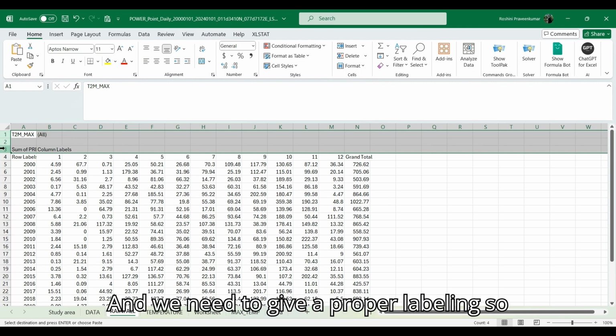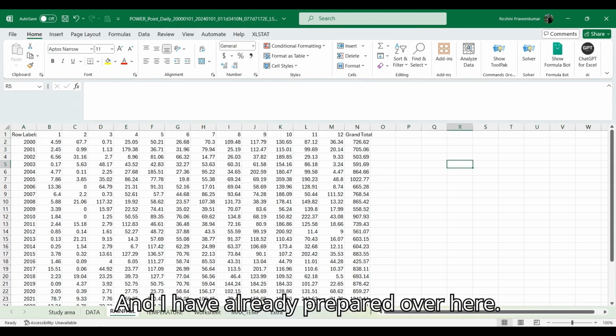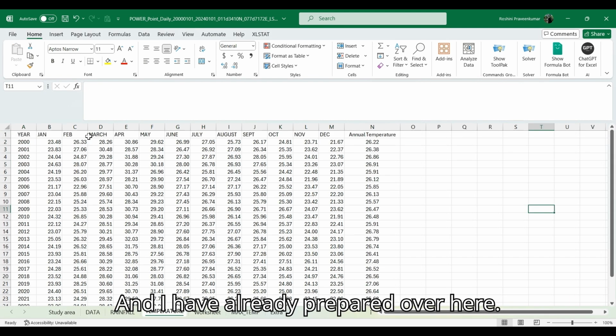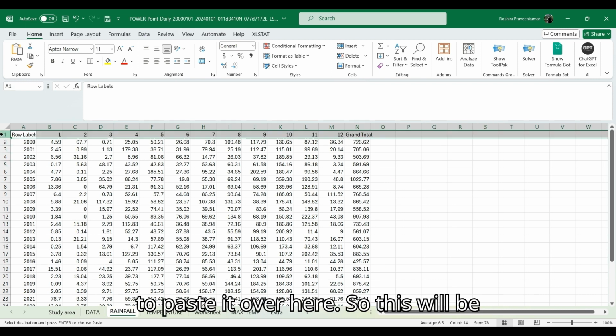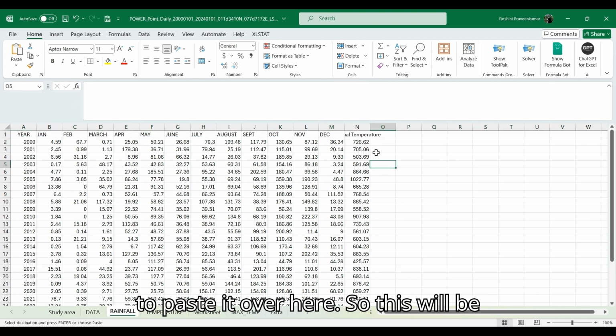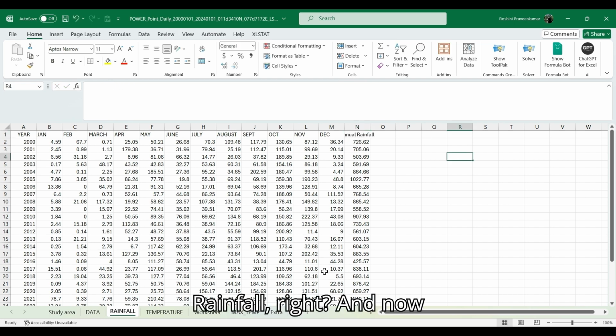And we need to give proper labeling. So you can delete this, and I've already prepared one over here. We'll just copy this and paste it over here. So this will be annual rainfall. Rainfall, right?